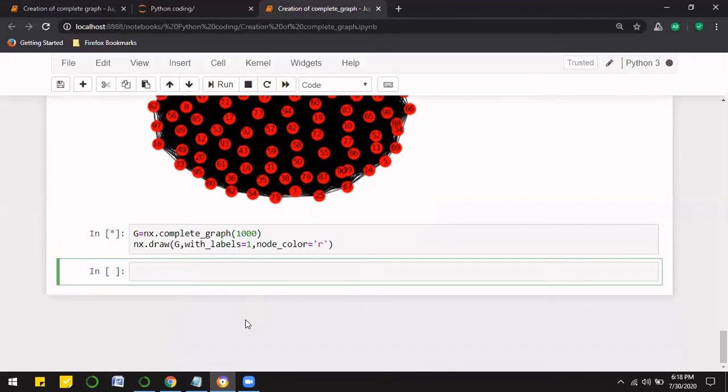Now see, we are not getting the result. It is going to take some time, and you can see this star, which is saying that this particular code is getting processed. To plot 1000 nodes, edges have to be created between the different nodes, and if I talk about a complete graph having 1000 nodes, one node has to be connected to 999 nodes. So it is going to take a lot of time for processing this. And let's wait for it,